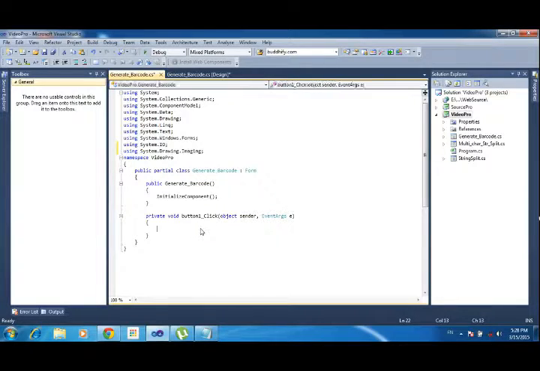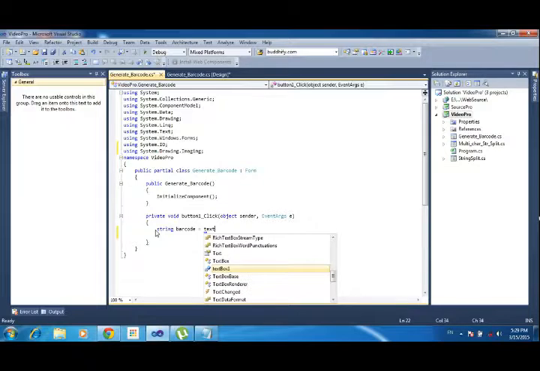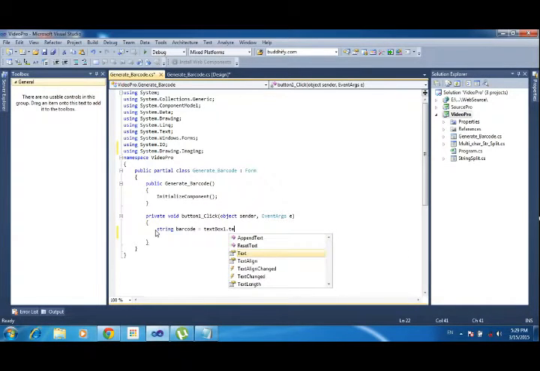Now inside the event I need to declare some things. First of all I am declaring the variables. String barcode equals textBox1.Text.